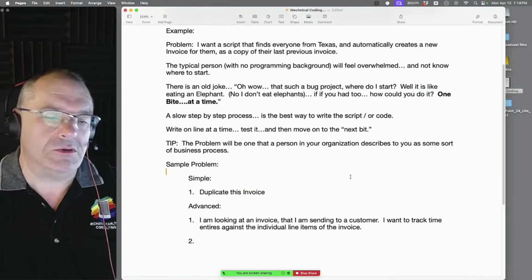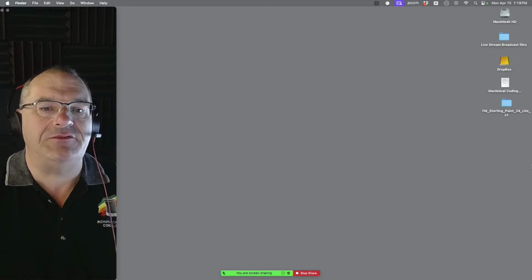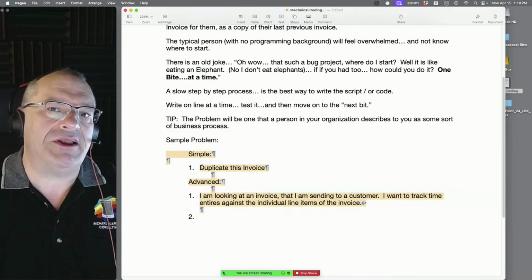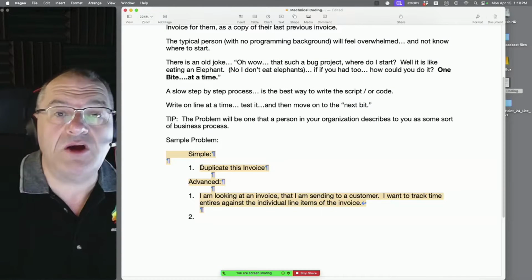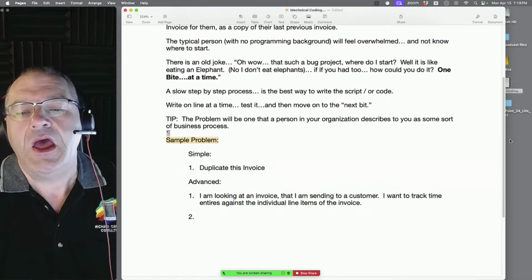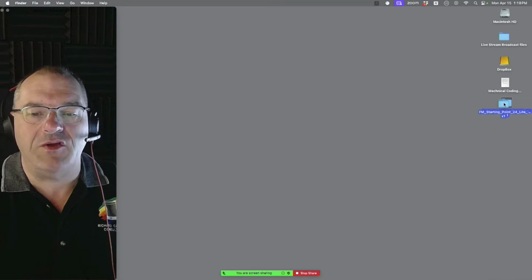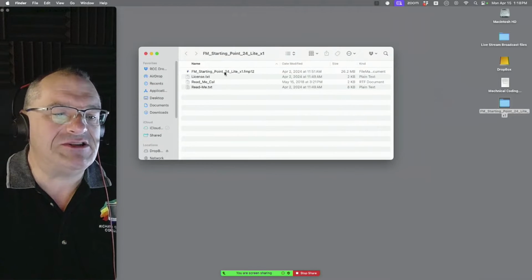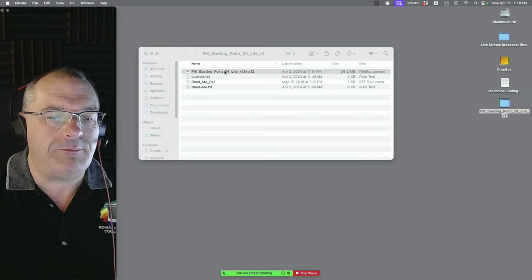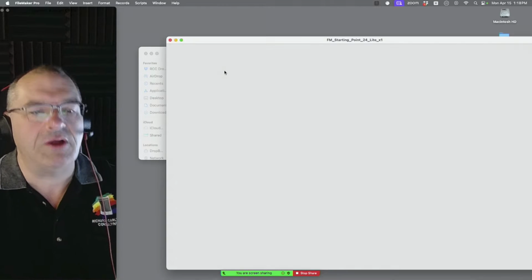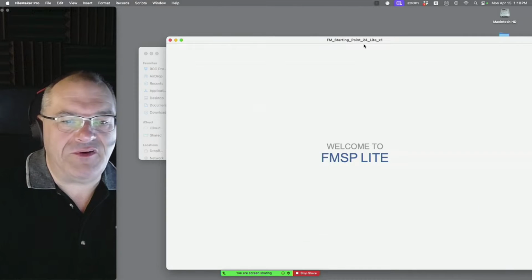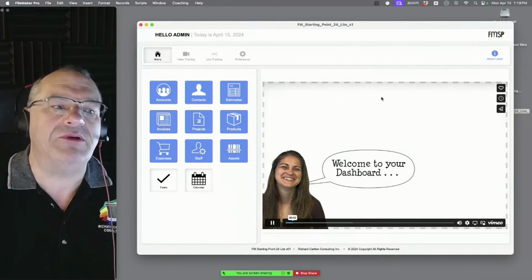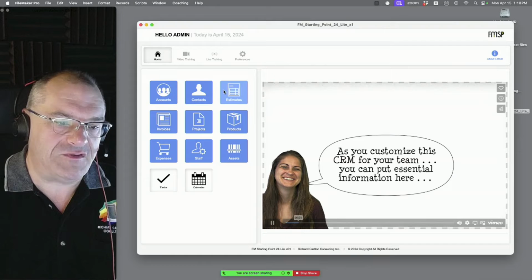I'll say simple. It's relative. When I say simple, I'm going to be working on a list of things that we're going to solve on a day-to-day basis, and we're doing the mechanical. Tomorrow's going to be a pickup of this conversation. Some of you want to start with a basic file, but in this case, I want to start with a slightly more complicated file, which is this Starting Point Light. We've got a bunch of bug fixes. This is the Starting Point Light 24X1. The X2 will come out probably this week. It's got a number of fixes in it.